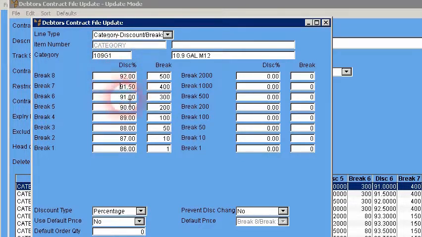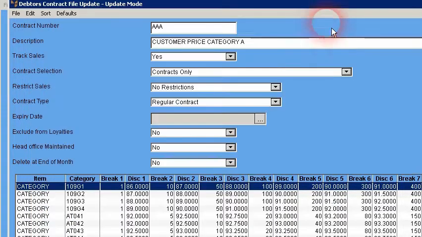So we've got different quantity breaks, so we're going to discount by 92% when the customer orders 500 for all the products that are assigned within this 109G1 category. And we can set different discounts for different quantity breaks for all the products assigned to this one category. Now, if we do this across a large set of products, and in this example, we can discount against all the categories of products assigned to, and when we do this, the adapter pulling out the pricing needs to get out the entire inventory list for all the products that are assigned to this contract, and all the discount